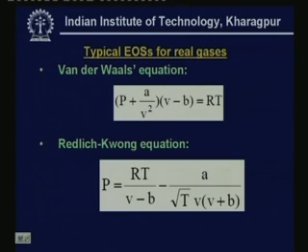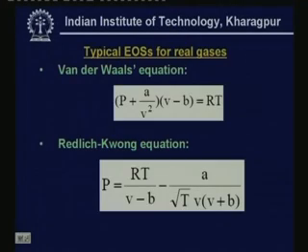And the second difference is the term B. Instead of writing V, we have written it as V minus B, and this B accounts for the volume occupied by the gas molecules. So the A by V square term accounts for the intermolecular forces, and the term B accounts for the volume occupied by the gas molecules. And it can be shown that for a particular gas the constants A and B are related to the critical properties. That means you can express A and B in terms of the critical temperature, critical pressure and critical volume. And the next